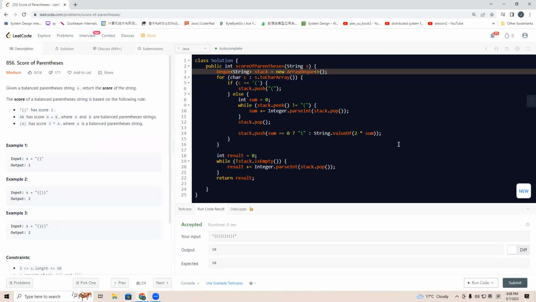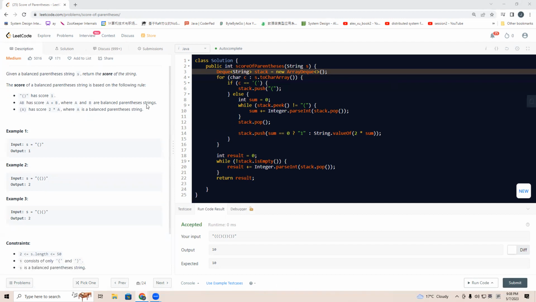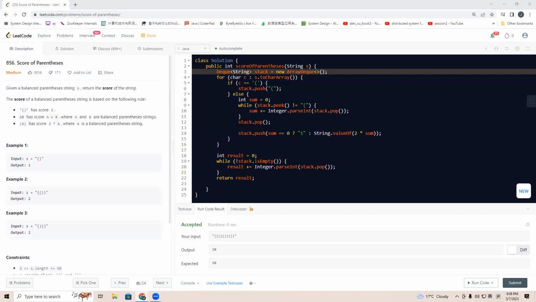Okay, so we're doing a stack, and actually for this question we can also use the recursive way. Recursion to do this question. Recursion is that we can have a DFS function